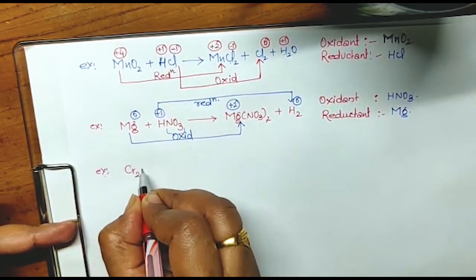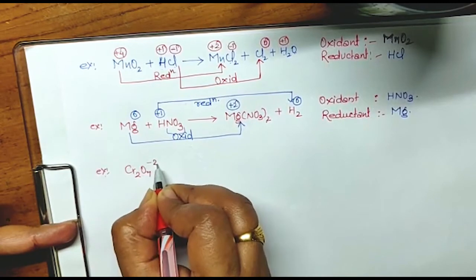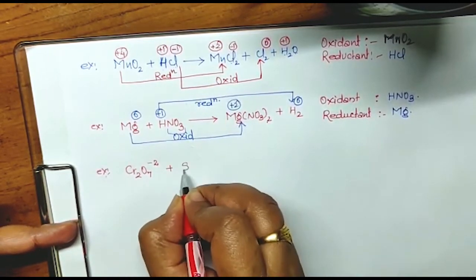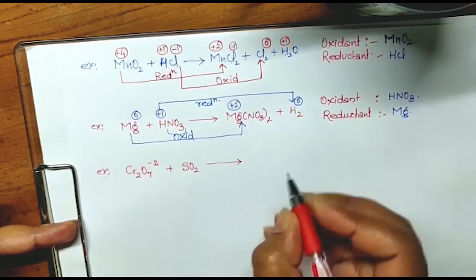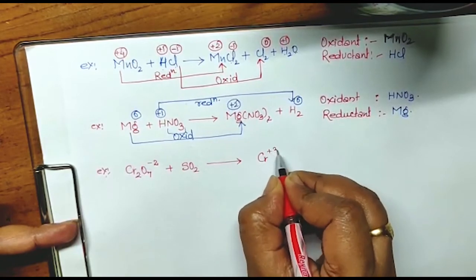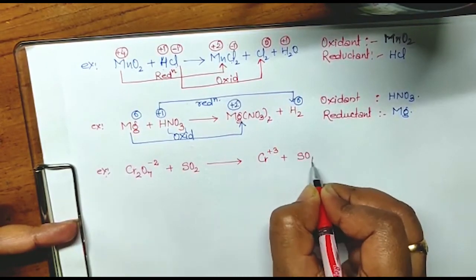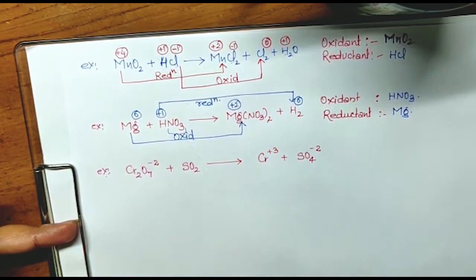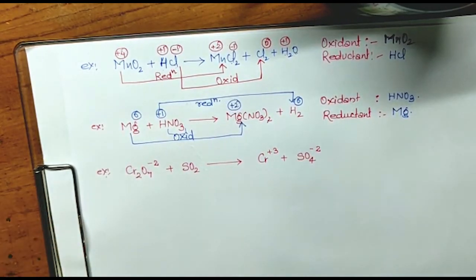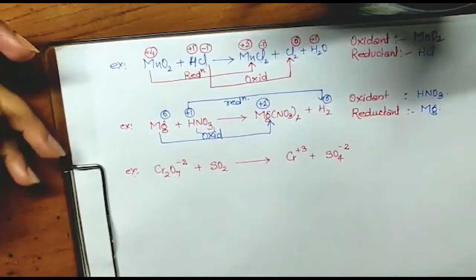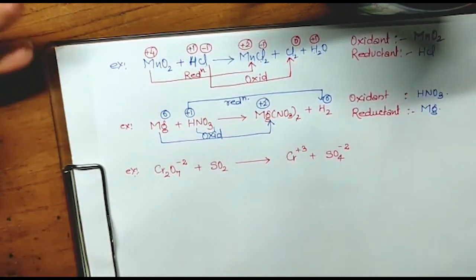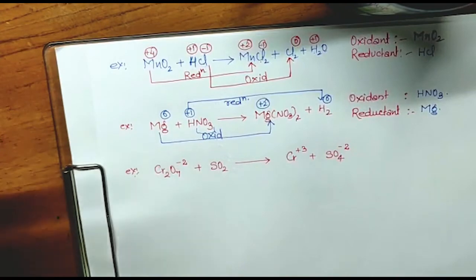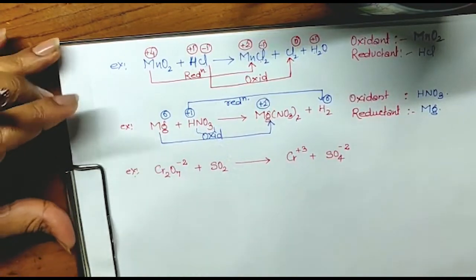Little tough. Cr2O7 -2 I'm giving here, plus SO2 change into Cr +3 plus SO4 -2. Okay, suppose that this is the equation given. You have to find the oxidation number. Okay. So don't be scared. It's tough. You should not just look and say it, you have to practice. Got it? So see,